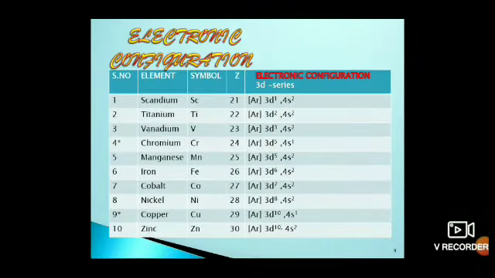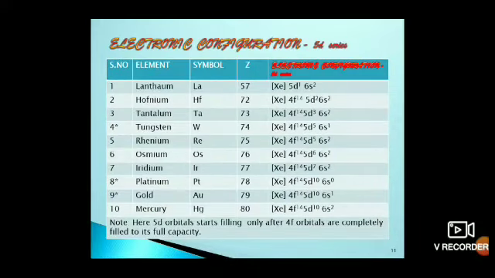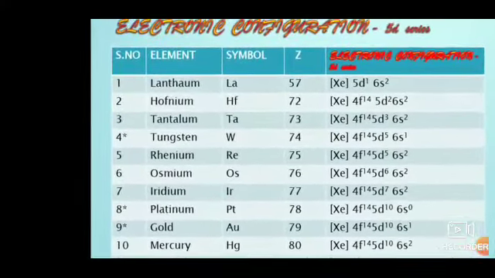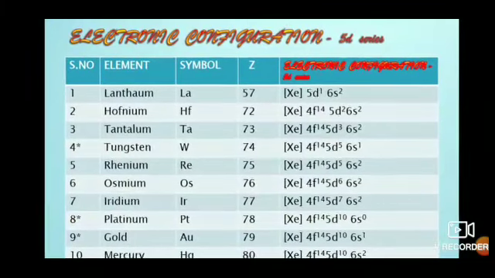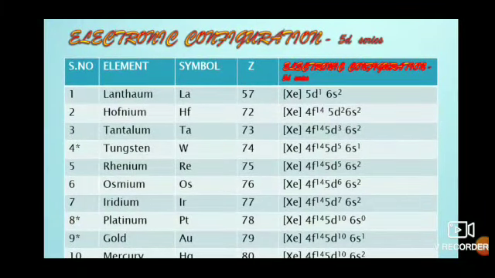And coming to 5d series, so here we have to take lanthanum, that is 57, and the next element to lanthanum is cerium up to lutetium. They come under inner transition elements because f orbital starts filling, so they are called as inner transition elements. They have incompletely filled f orbitals, and the f orbitals are completely filled from hafnium.